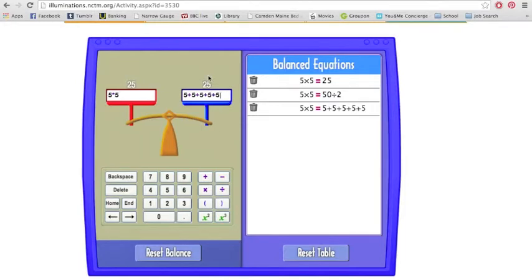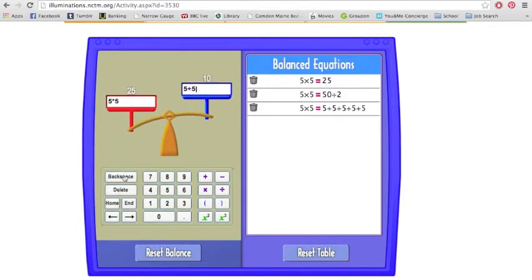And this teaches them that when you have a variable on one side, say this was written as 5 times 5 equals x, and over here was x, then it teaches them that x is going to be the same as this 25. So it helps give more meaning to what the equal sign means, which was a point that they stressed in the book, because there was a fact given that